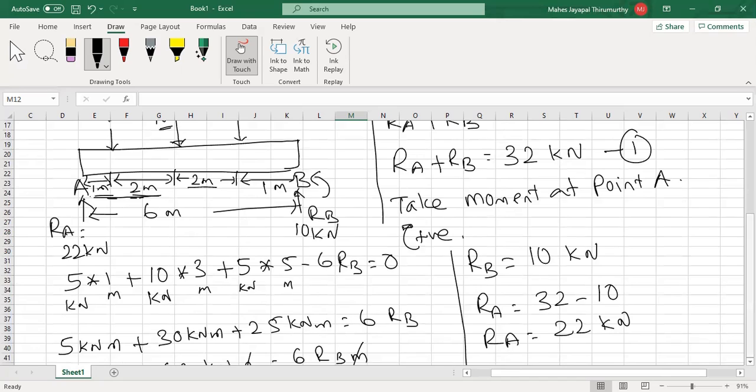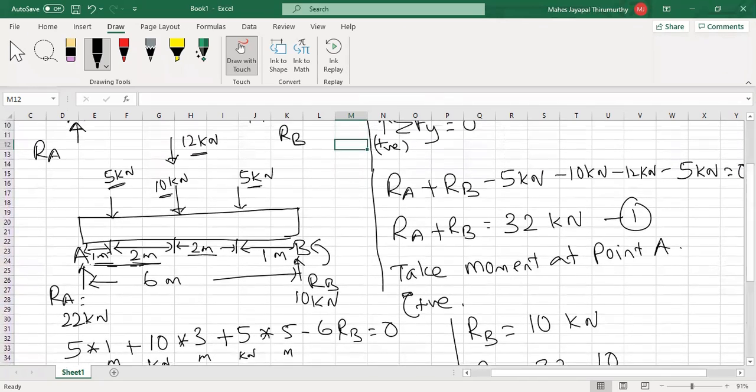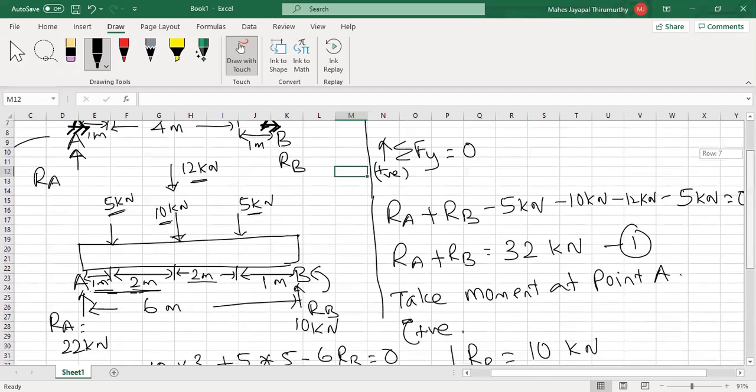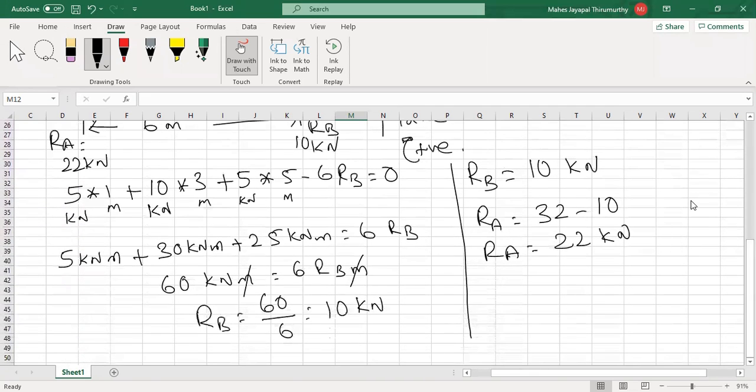So this is how you calculate the reaction forces when point loads are combined with a uniformly distributed load. Okay, I hope that you all clearly understand that information, and I will continue